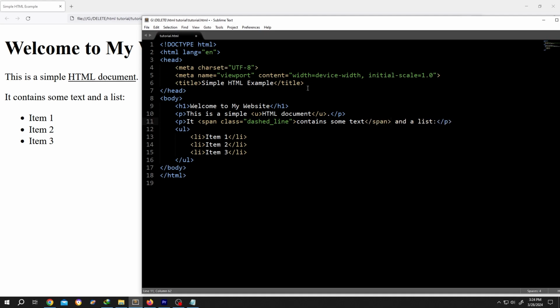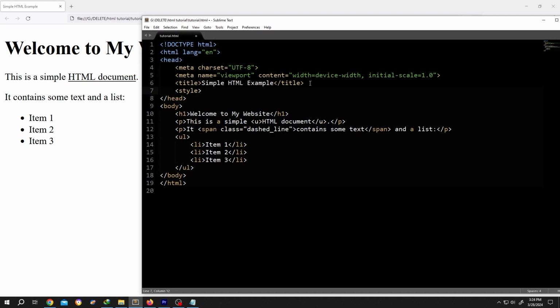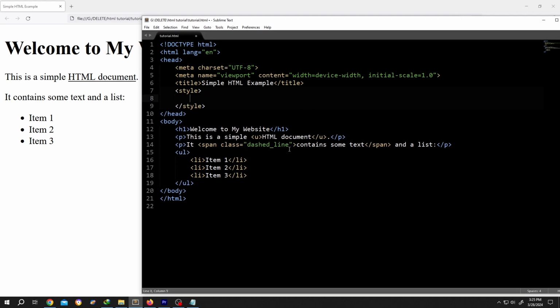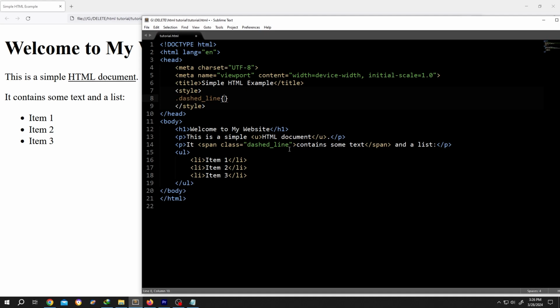Now go inside the head section, insert the style tag <style>, close it with </style>. Our CSS codes will go inside these two tags. Now we need to call this class. For that, dot dashed line, opening brace, closing brace,